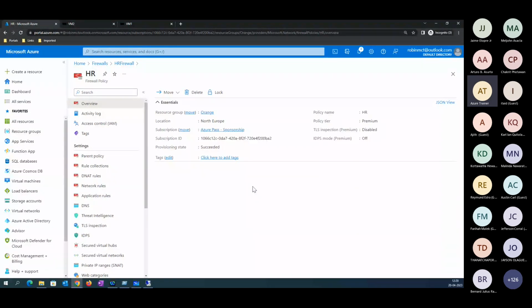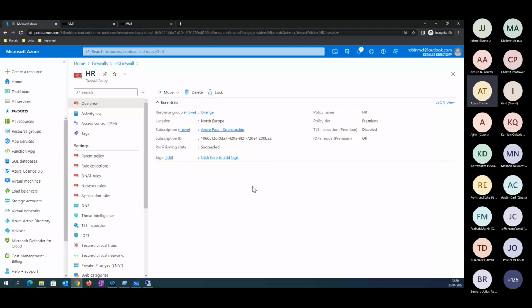If you go inside the firewall policy, you will be able to see such features. In the Azure portal, you get three options. One is something called a parent policy, and there is also something called application or network rules. All these options are available here, which will ensure that your system is configured with all kinds of traffic management or rules. Any kind of rule is done with the help of the configurations here.